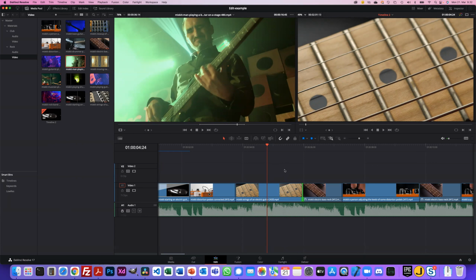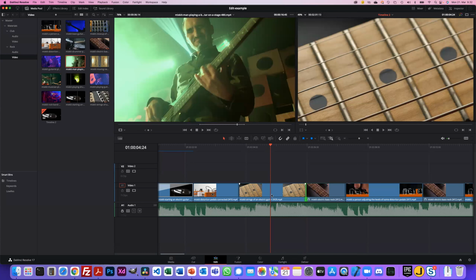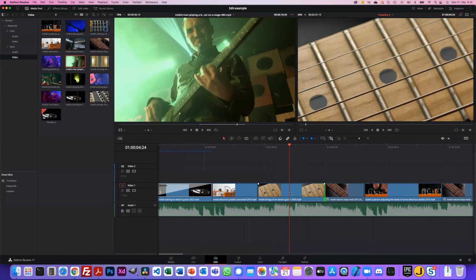But we already saw with that paste insert, for example, how it cut it with the same command. It cut this clip into the 2 parts, moves the rest of this to the right, and then inserts the content in here. But well, it may feel sometimes easier to make the whole thing the old-fashioned way, where you need to use the razor tool. So it's a Control B, and it cuts your clip